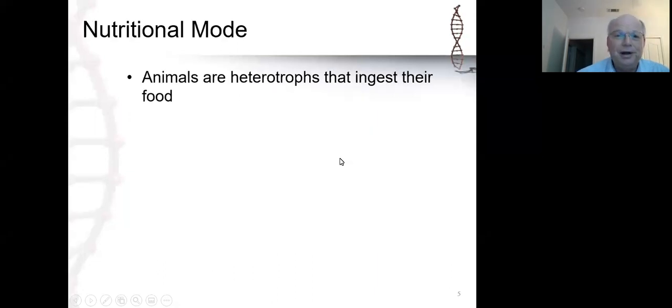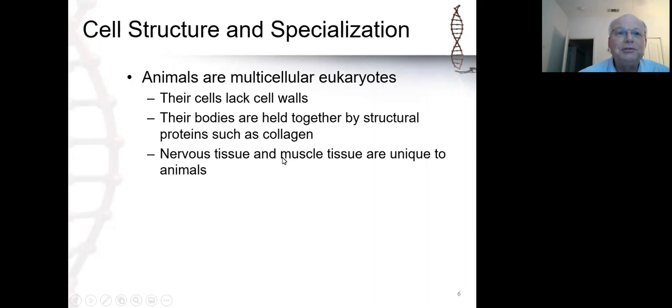So the first thing is to recognize they're heterotrophs. Now, again, this is not a unique feature that's found amongst animals, but it is a feature that unites all animals together. So yes, we have talked about other organisms, most notably fungi and many protists that are also heterotrophs. But as a mode of nutrition, heterotrophism is the way that all animals obtain their energy and their raw materials. So it is a uniting feature as far as animals are concerned.